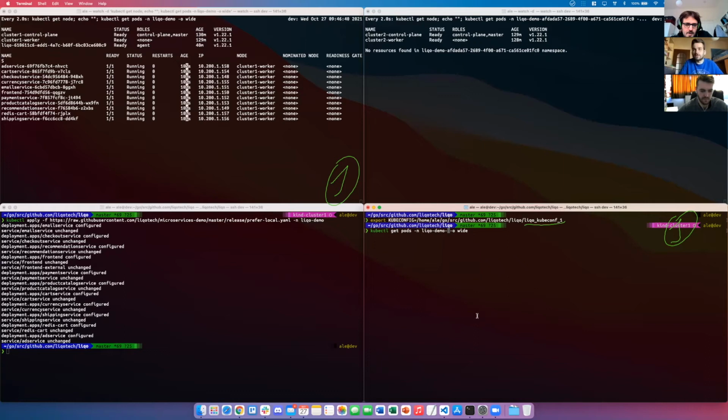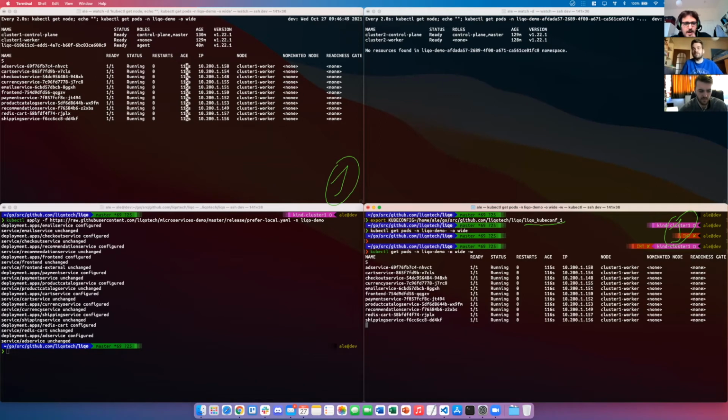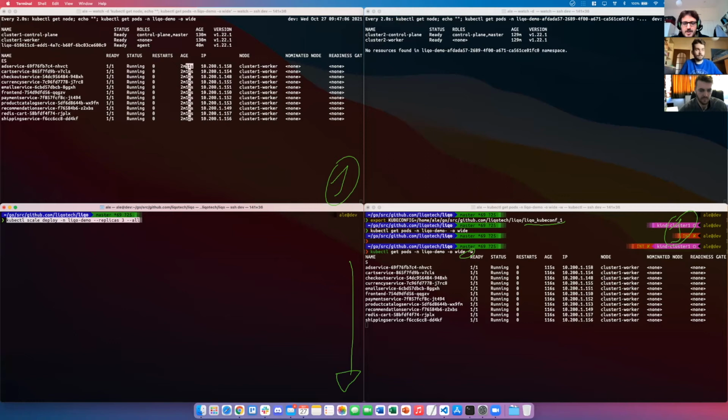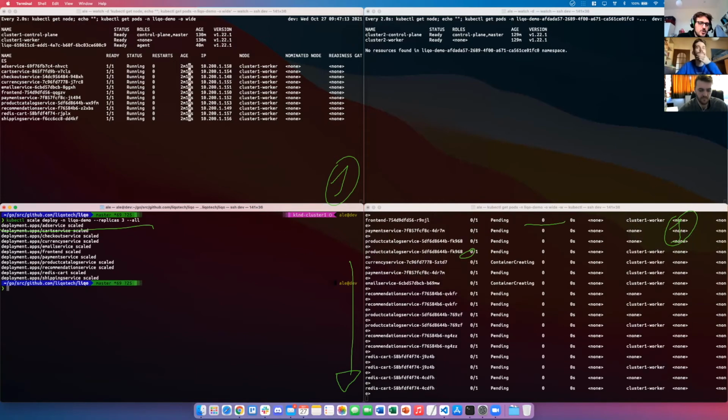Just a moment, it is blocked. I don't know why. Okay, I think it's just the Liqo demo namespace, exactly. We list all the local pods, and we will use -w, which means that we will see information about new pods and pod updates, printed one after the other. Now we can trigger the scaling. We will have 3 replicas for each deployment.